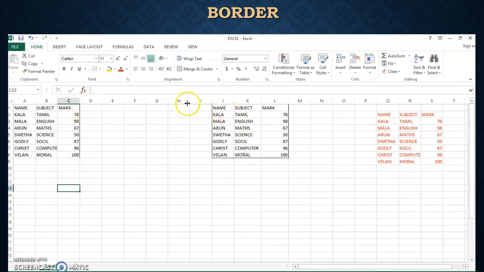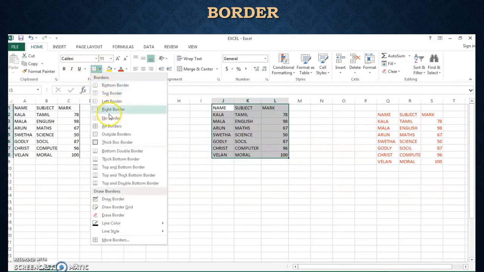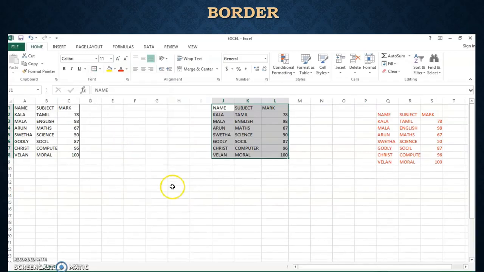Then select it, select the border, and from the second group, here is no border. If you need no border, click the no border option. There are also all border, outside border, thick box border. I am selecting thick box border. Can you see the difference? Compared to the other box, it shows thickly, right? Yeah.